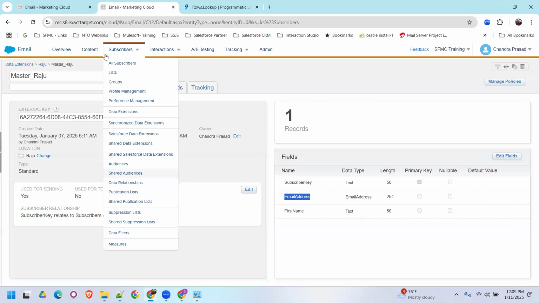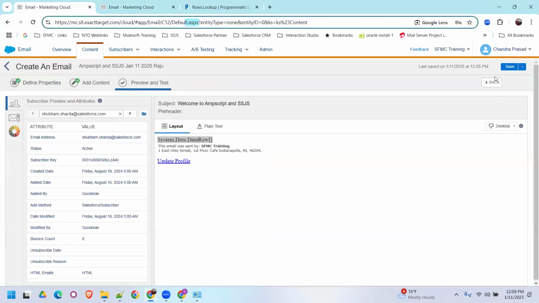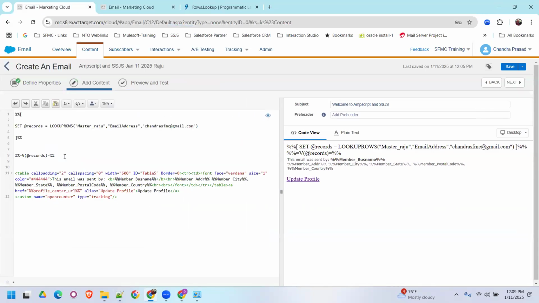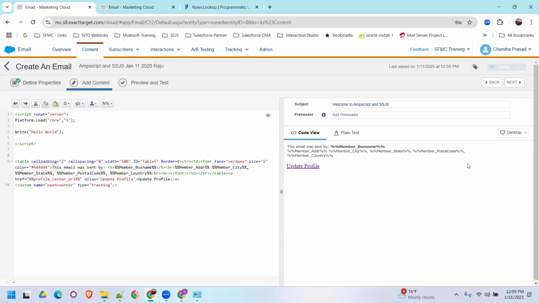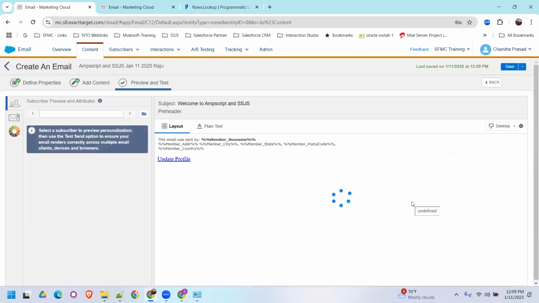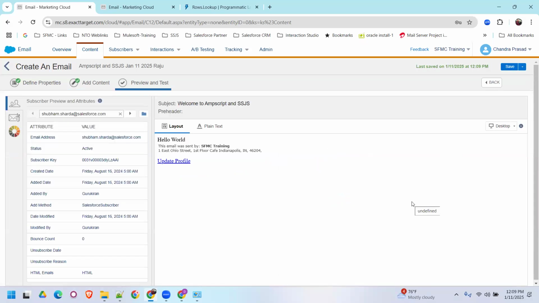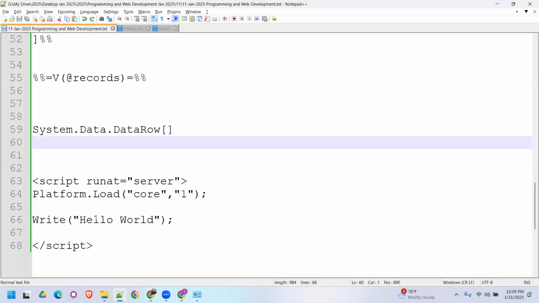So I'll go back to my email, and instead of Ampscript, I'll try to execute this guy. It might not work. It might throw an error. Hello world, it's printing. Awesome. This is my